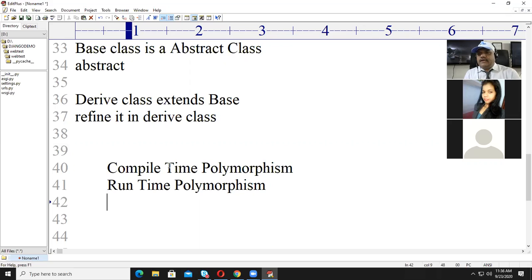Yes, go ahead. Why do we call compile time polymorphism early binding and runtime polymorphism late binding? Correct, you're right. Late binding means at runtime, creation of the object happens at runtime. The object will not be created at compile time. Compile time means only checking the syntax. It compiles the code and develops the .class file, and late binding means the object will get memory at runtime, not compile time. So runtime polymorphism is also called late binding.